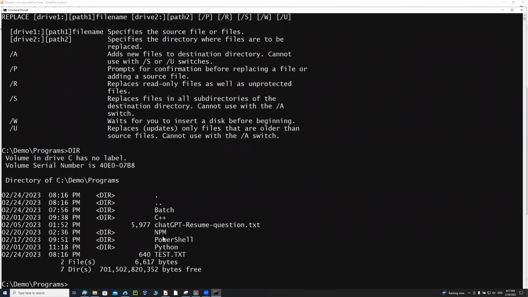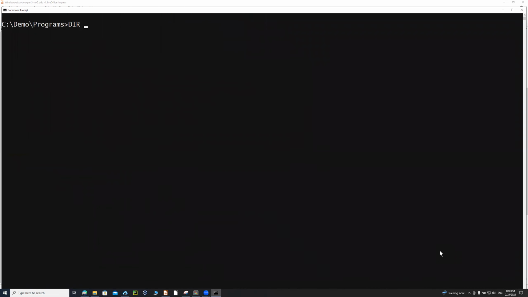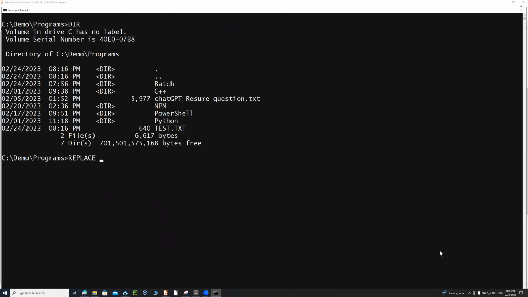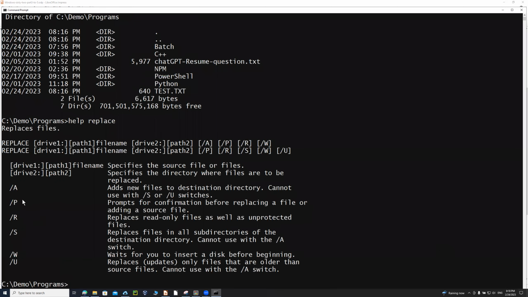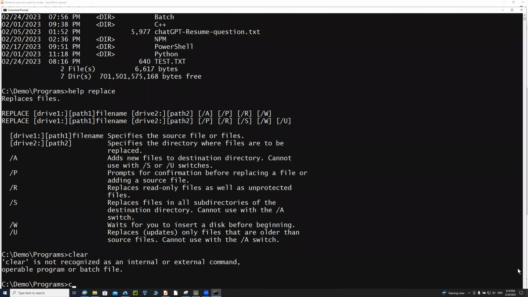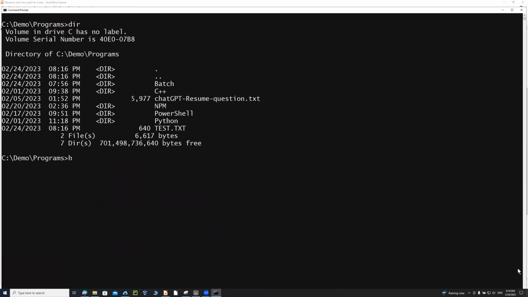So if I just want to copy everything in this directory to the temp directory, clear screen, directory of this, and then I say replace star.star, and then /a for add, not archiving, to add it, and then /s is for subdirectories, and /p to prompt it, and so on. So if I just want to add it here, I could say replace